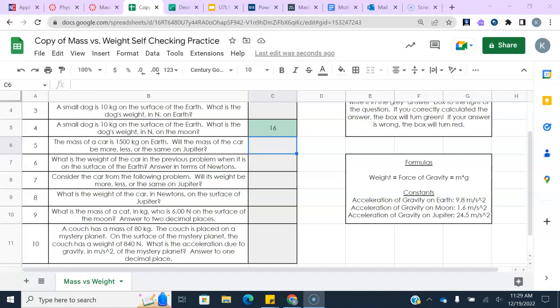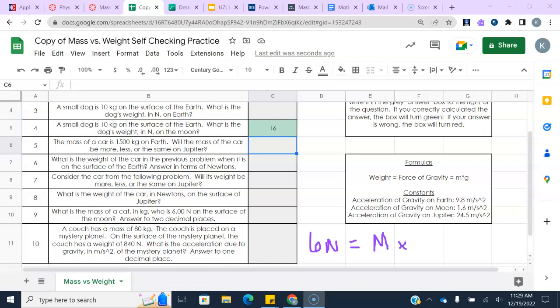Let me just annotate really quickly. Again, I'm doing number 9: 6 newtons will be equal to our mass, which is what we're solving for,